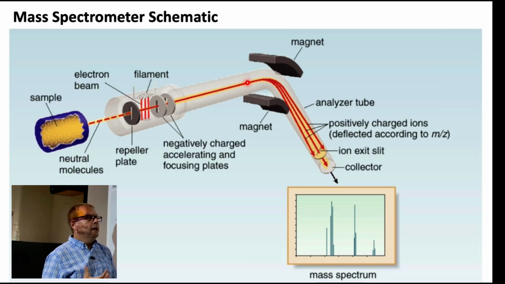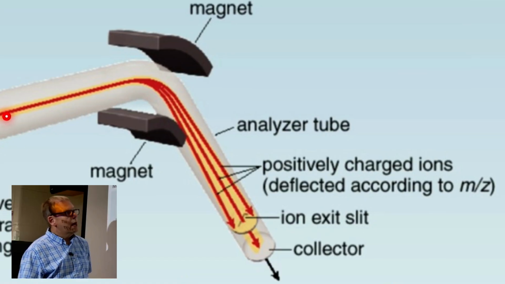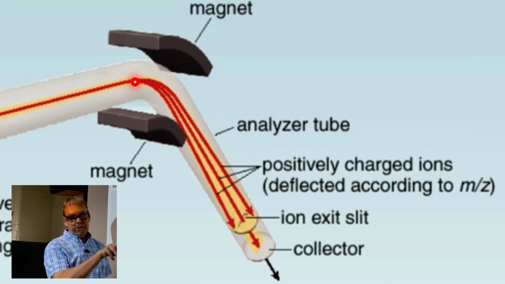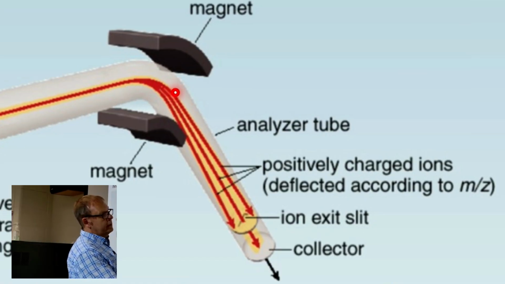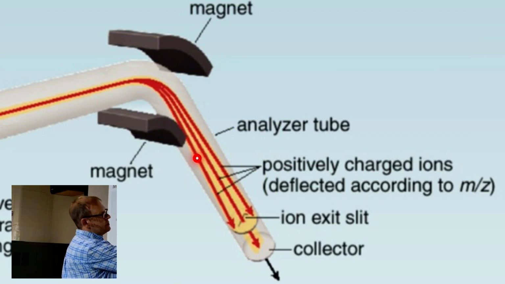They move straight until they encounter this curve in the tube. At that point, there's a magnet, and what the magnet does is adjust the trajectory of these ions. Magnets exert a force on ions, and it depends on how heavy the ion is, how fast it's moving, and how strong the magnet is. Some of the time the trajectories of these ions will be bent a little bit, but maybe not quite enough, and they'll not quite negotiate the turn and they'll crash into one side of the tube. They might be overcorrected, bent too much, in which case they'll crash into the other side